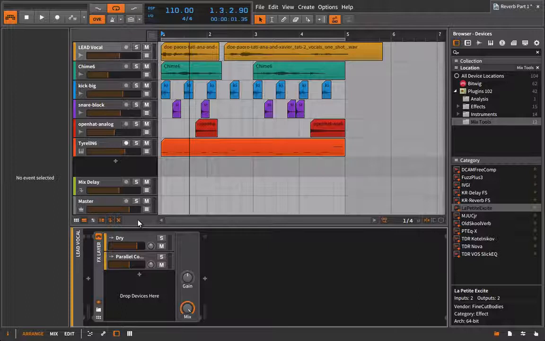Here's the little loop that we're going to be working with. Whatever you give is what you give. And one other thing that you might want to do at this point in the mix when you're